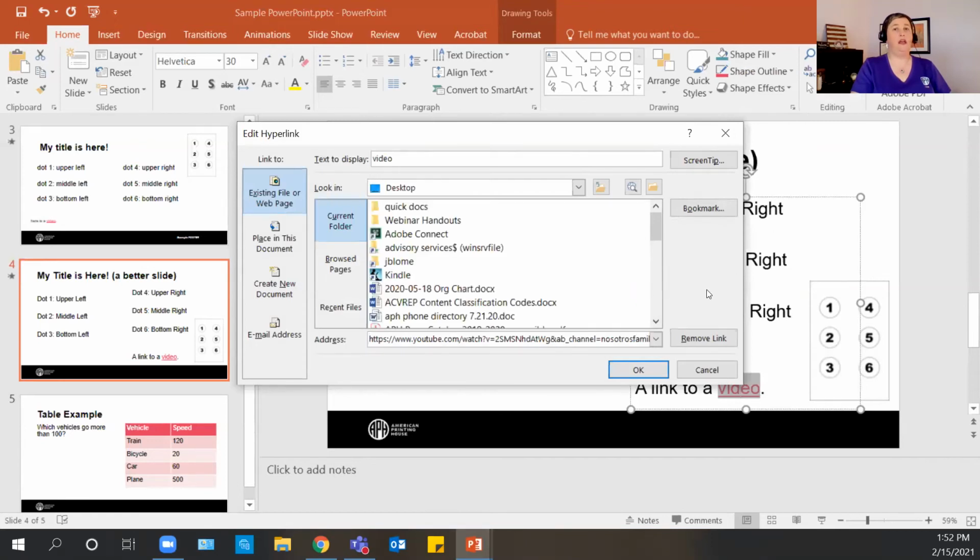When you edit hyperlink, there is a box at the top that says text to display. For keystroke commands, it looks like the T is underlined. I used the word video, but you could have used whatever description would have made sense for that link. Down below, there's something called address. The E is underlined. And there's a big YouTube link that I really can't read because it's a bunch of